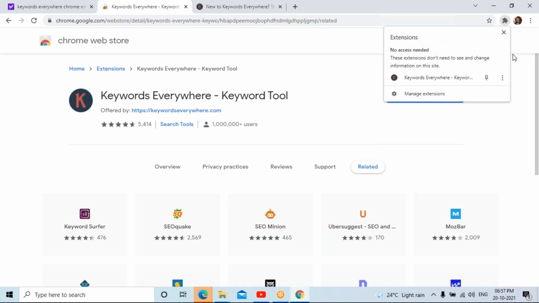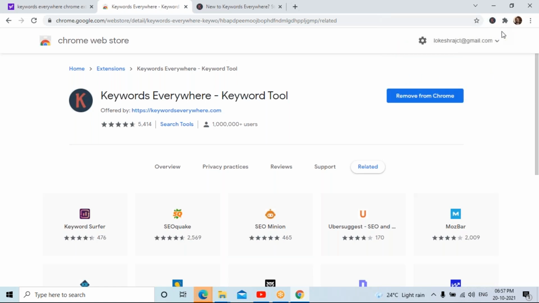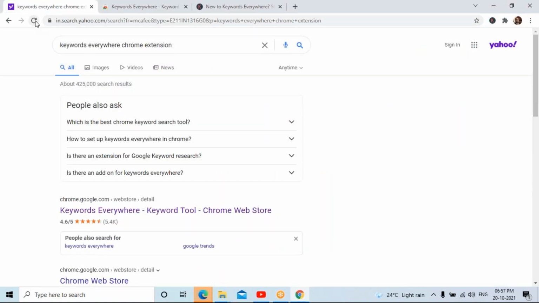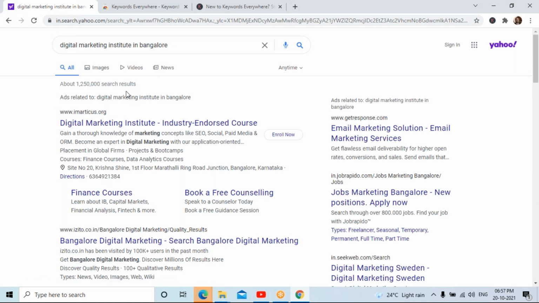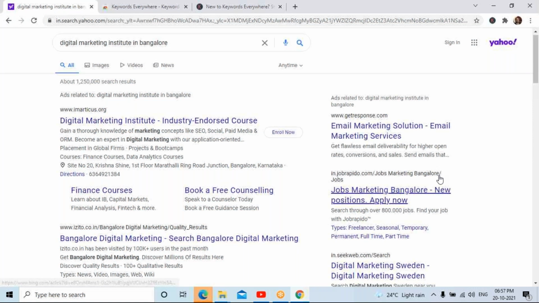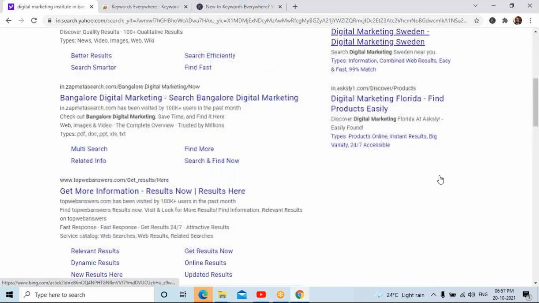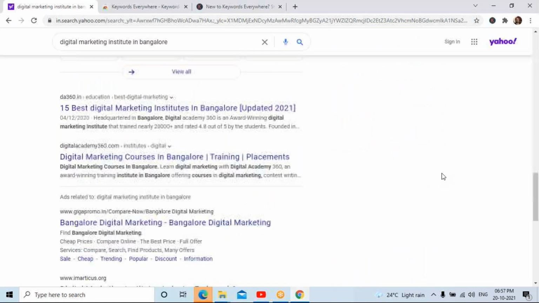When you click on this extension symbol, click on the pin so that it shows on the top of the address bar itself, so that whenever I search for anything on Google, for example, if I type Digital Marketing Institute in Bangalore, let me see if it gives me any kind of responses.